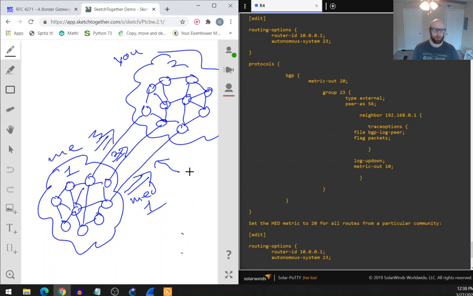If I go back to my drawing here, you don't have to do it based on what the link is, and you don't have to say, hey, this link has an MED value of 1, prefer that link. You can say for all routes that are labeled with the community attribute, link 1 routes, and these routes are going to be